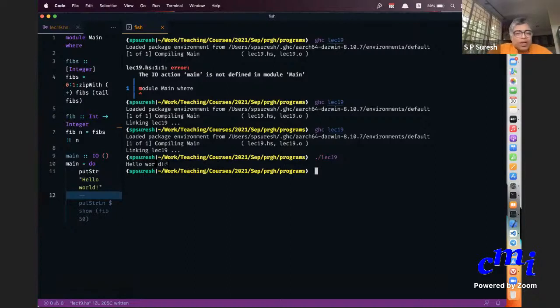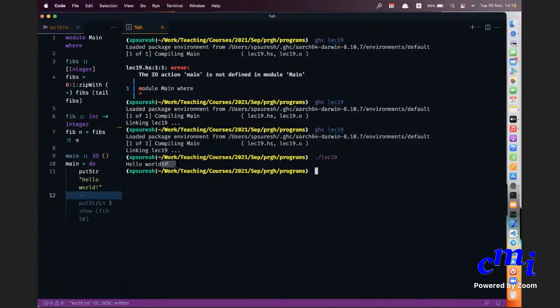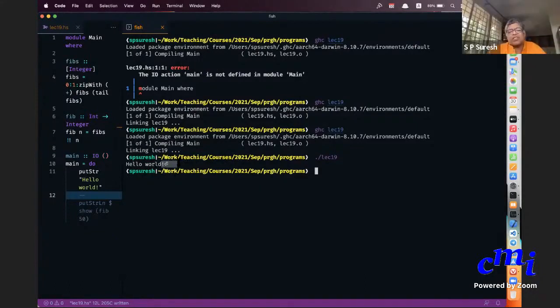Do you see a funny symbol here? Yes, sir. That is because my shell is smart enough to understand that what I have done here is put string, and it will automatically insert a new line.